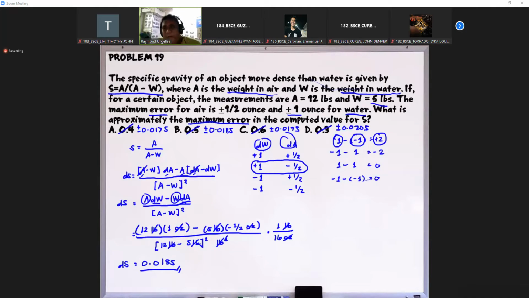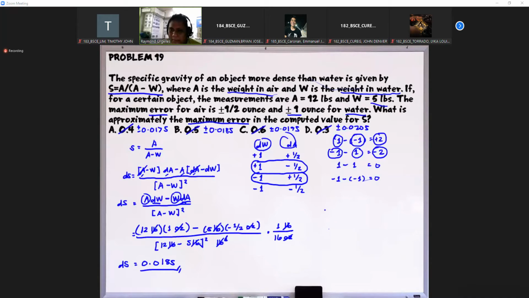Okay? What we have obtained so far is the maximum positive error. Based on our choices, we also need to consider the maximum negative error. For the maximum negative error, it happens when the minuend is negative and the subtrahend is positive. So this is the one we will consider. You can imagine the only change is that this becomes negative and this becomes positive. When that happens, our value will just become negative. So if we consider that, okay?